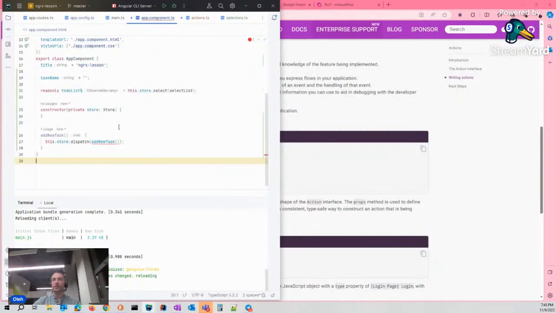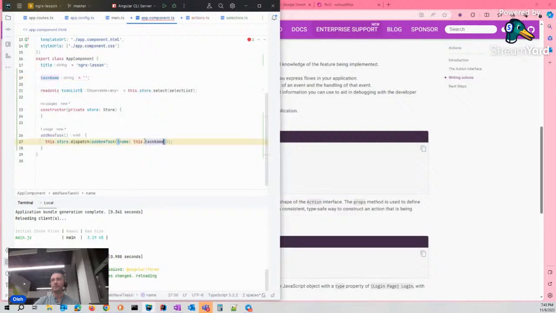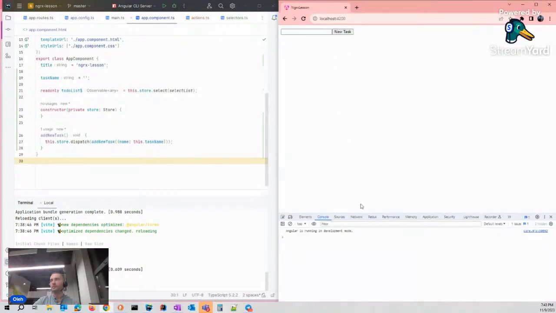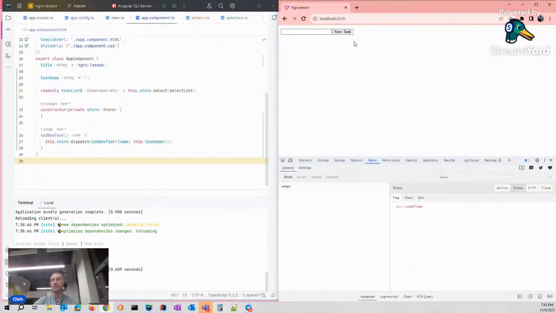And now we have to pass this data here, name, and whatever name we write in our task name field. Let's save and see what we have done. Still nothing here because we haven't added any task, and nothing has to be displayed. But let's click on the button.